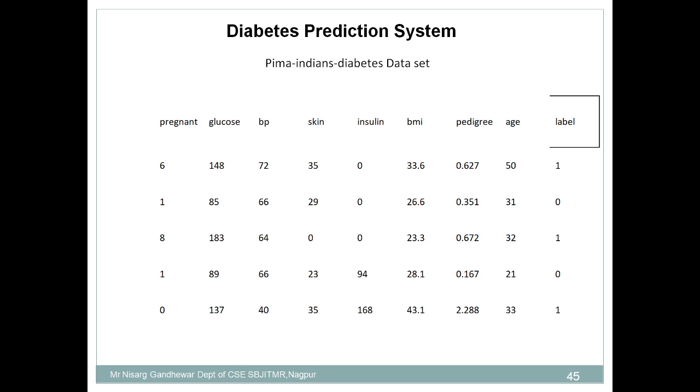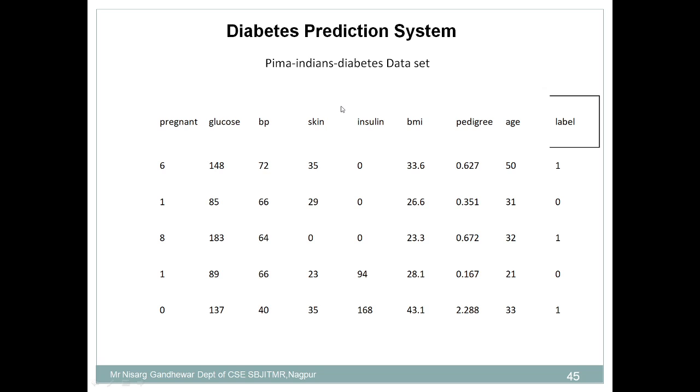Now you may ask the question, why are we using the decision tree algorithm to solve this problem? Can't we solve this problem with the help of if else? Yes, you can, but imagine how many if else conditions you would have to write, because in this data set I think 739 rows are there. So for that purpose we need to apply a machine learning algorithm. You can apply other classification algorithms also, but here I am discussing how to use the decision tree algorithm in order to solve this diabetes prediction system.